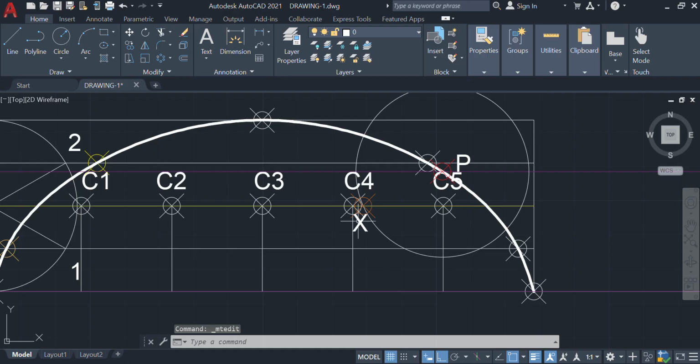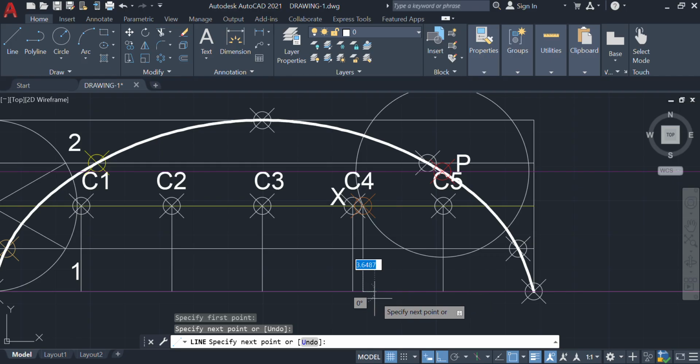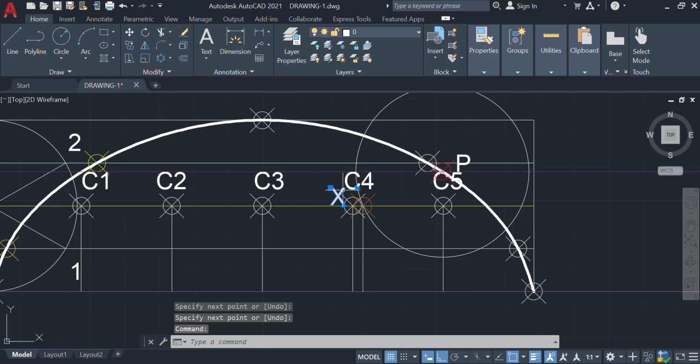Now from this X point, you try to draw a straight line up to the baseline. And now again from this point, the place where it's cutting is nothing but my normal